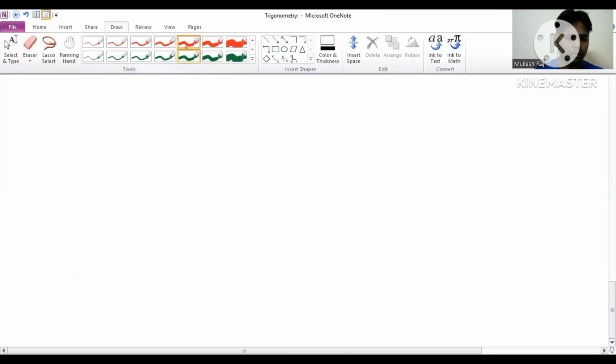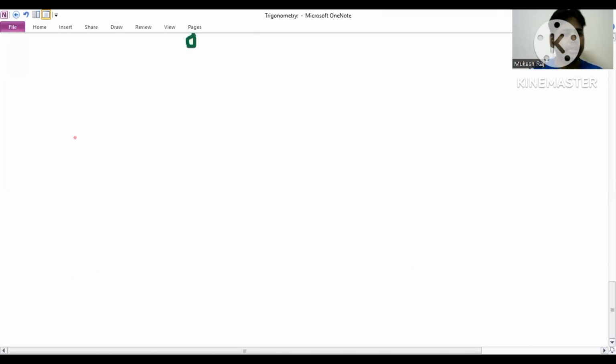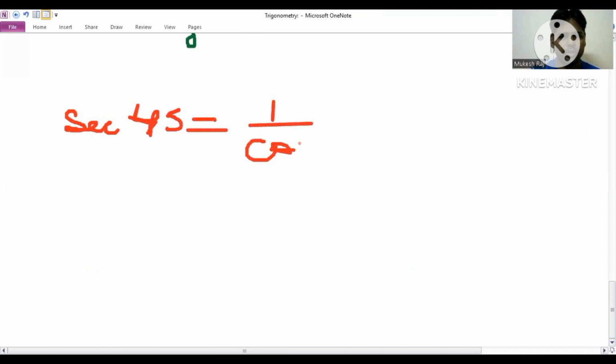Again, now the derived trigonometric ratios, that is sec 45 degree, which is equal to 1 upon cos 45. And what was the value of cos? The cos value was 1 upon root 2, isn't it? So here the cosec 45 will become root